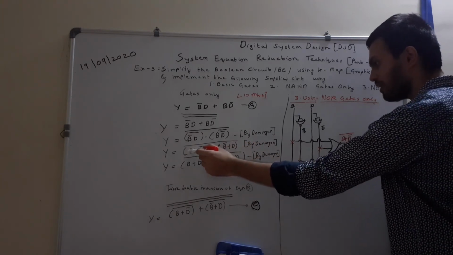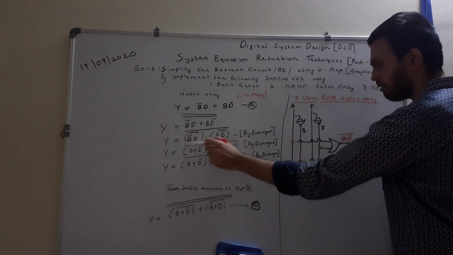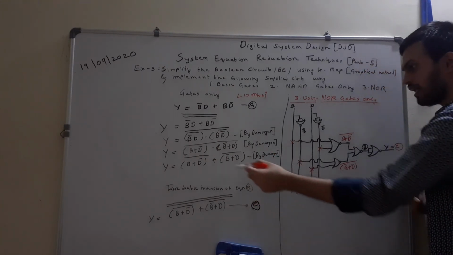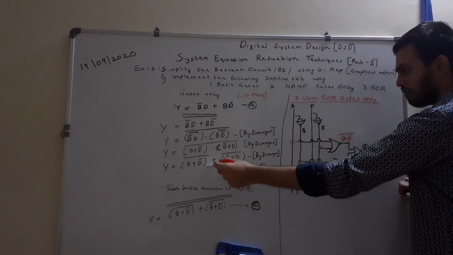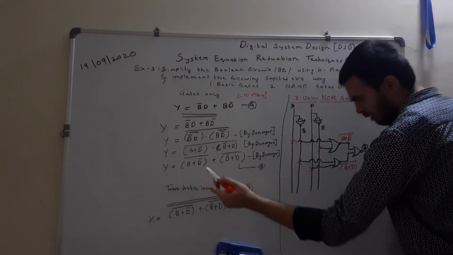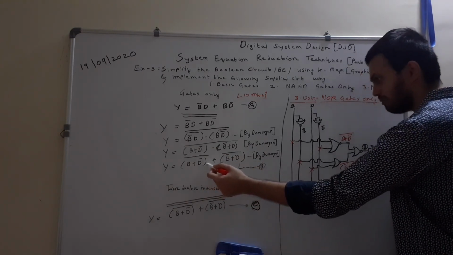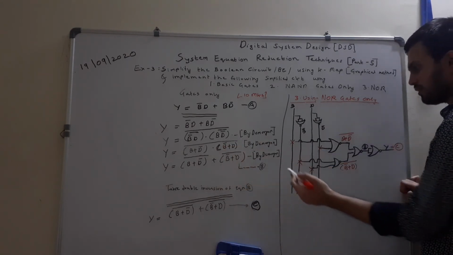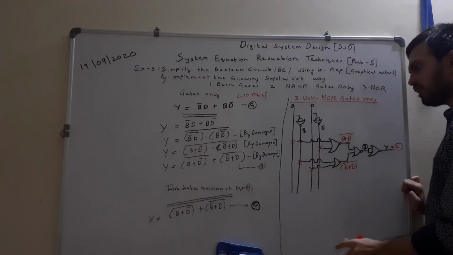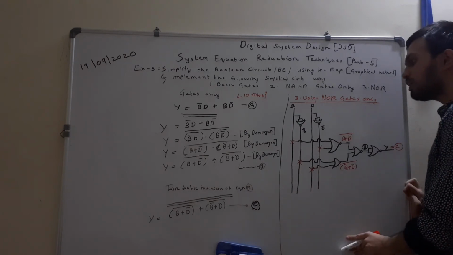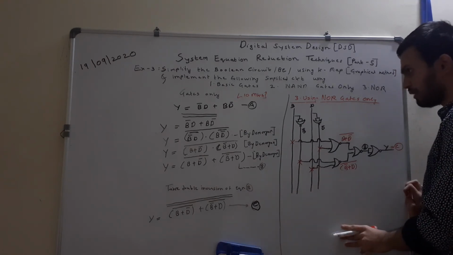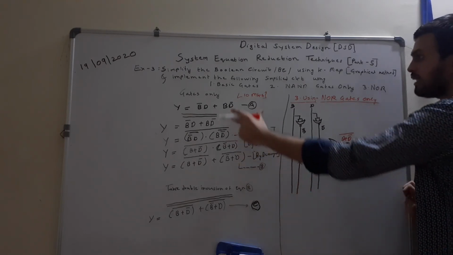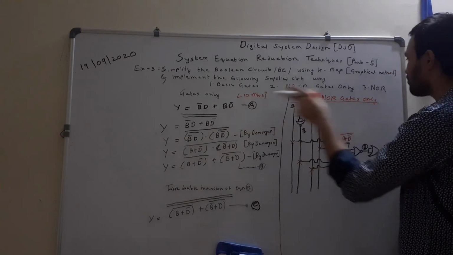Now here we have an expression similar to A dot B the whole complement. So we again apply De Morgan in the next step. We get an expression like A bar plus B bar. So that is B plus D bar the whole complement plus B bar plus D the whole complement. This is equation B. Now again note that we don't want to change its meaning, we are just doing this manipulation so that we will be able to realize this same equation using NOR gates.